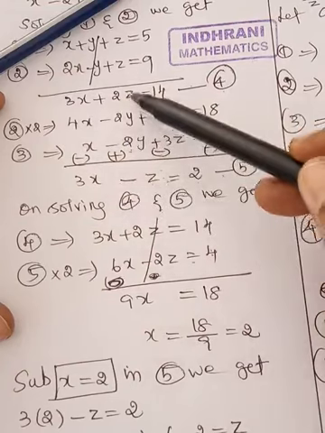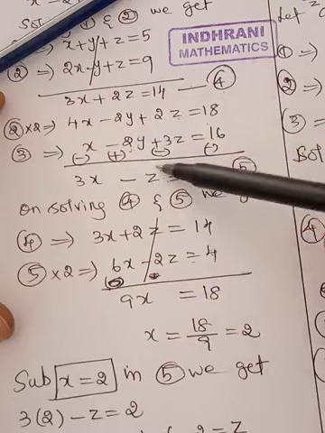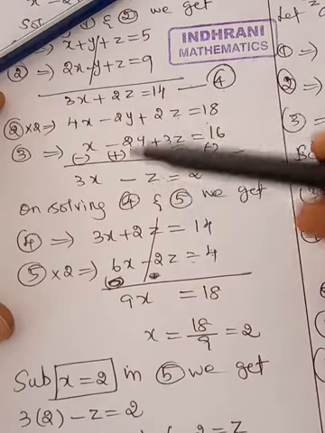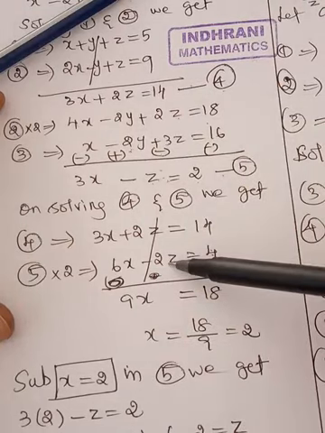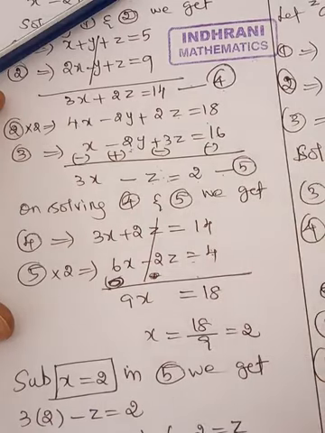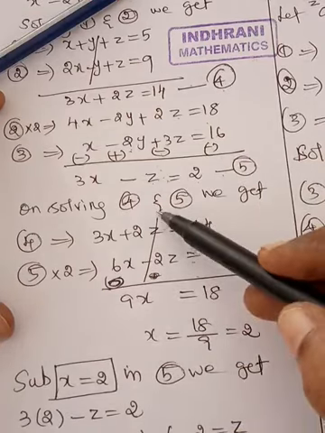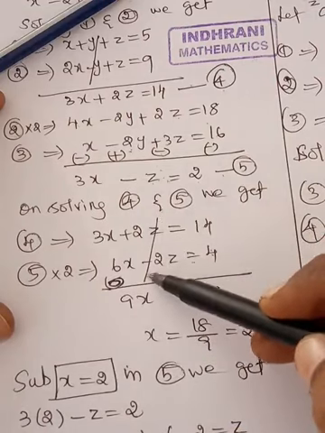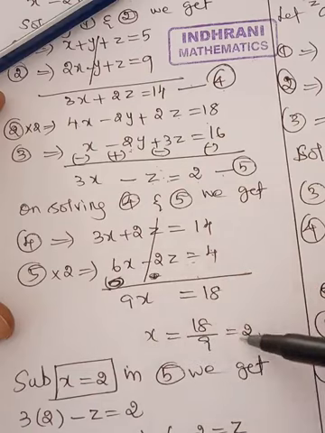So in that case, you can calculate the value of z. The z value you get in that step, z equal to 4, will come here. After z equal to 4, you can calculate x equal to 2 here. But what I have taken is, I cancelled z, that is, I eliminated z, and I got the value of x.